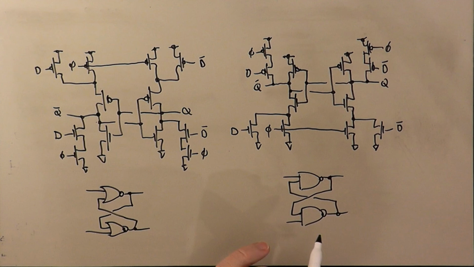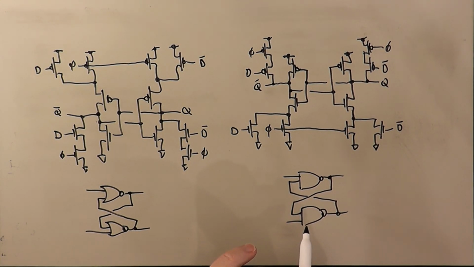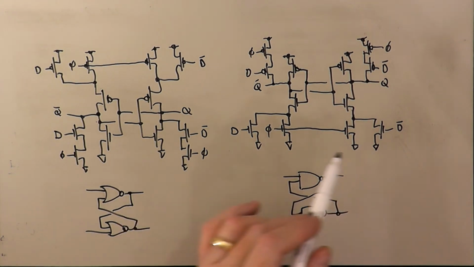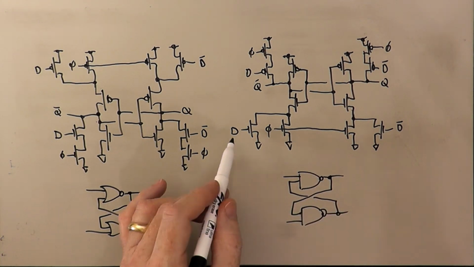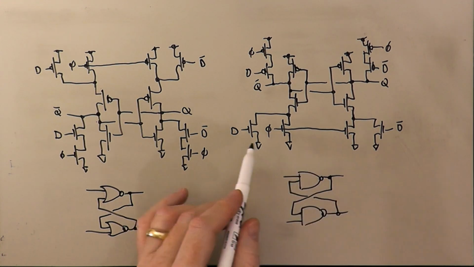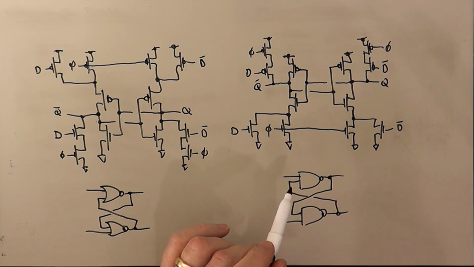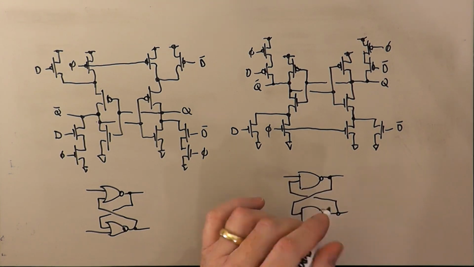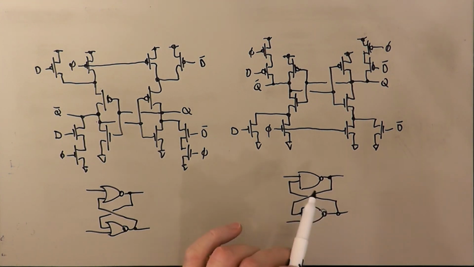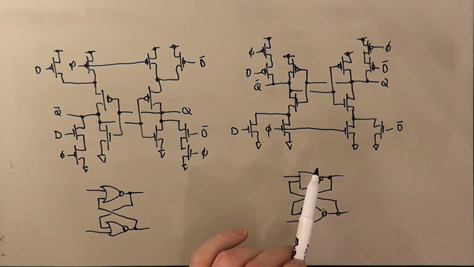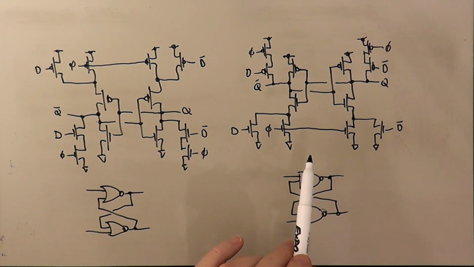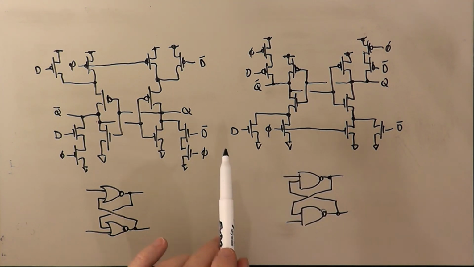And we said that this one was also an RS latch, but it was active low. The two inputs were active low instead of being active high. Well, given that we're talking about a D latch instead of an RS latch, the two inputs R and S are basically always complementary in this arrangement anyway. And so whether the inputs are active high or active low doesn't matter in some sense. But the key thing here with respect to the master-slave arrangement that I'm trying to bring out is that